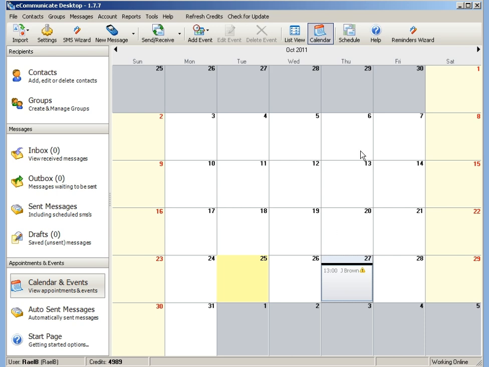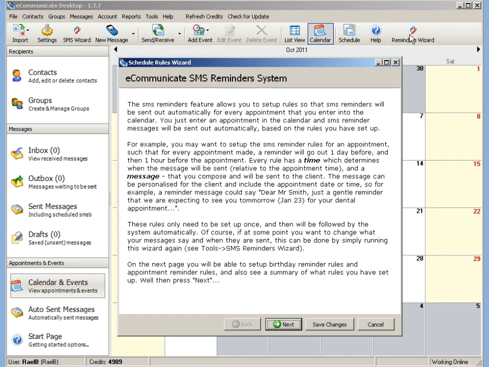The first thing we do is click on the reminders wizard. Here we have a whole blurb that will describe and explain the basic ideas of the SMS reminder system, and that is basically that when we enter an appointment into the calendar, we're going to have SMS reminder messages sent out automatically according to rules that we set up. So in this wizard we're going to set up those rules that we want to be followed. Okay, we can click on the next button